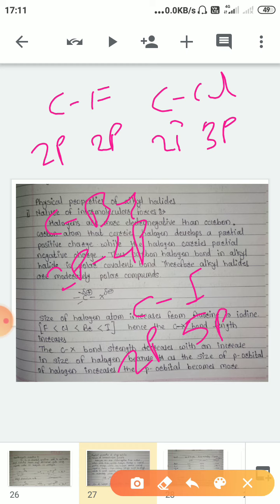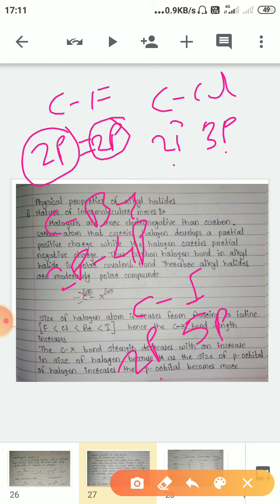Okay, now see, here the size of the orbital is equal. Therefore, the extent of overlap between 2p and 2p orbitals is stronger as compared to 2p and 3p, than 2p and 4p, than 2p and 5p. That means orbitals of nearly equal size can overlap to the maximum extent, and the bond will be stronger. And the bond length will be